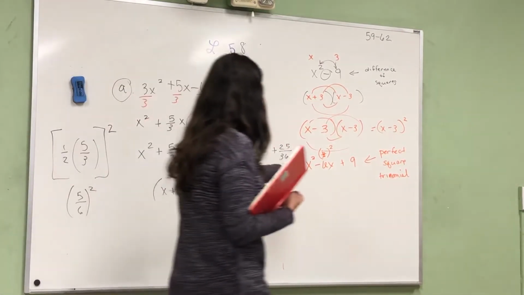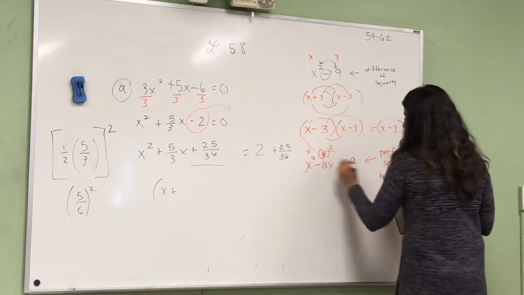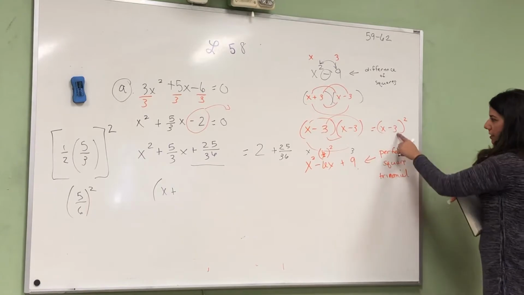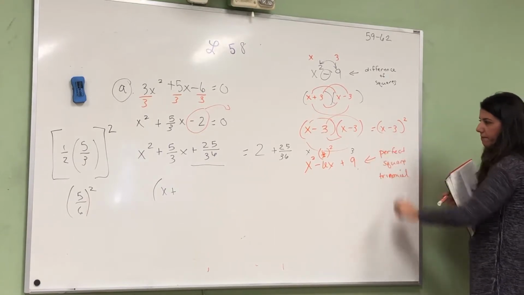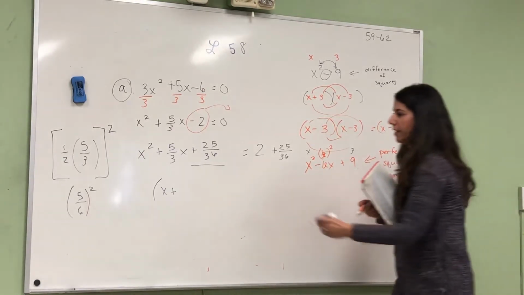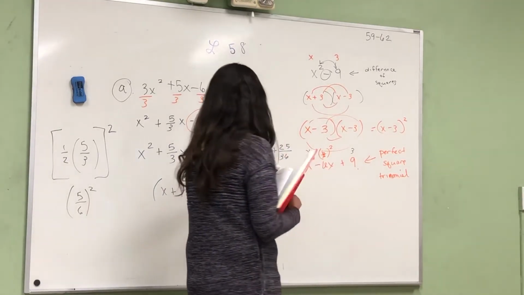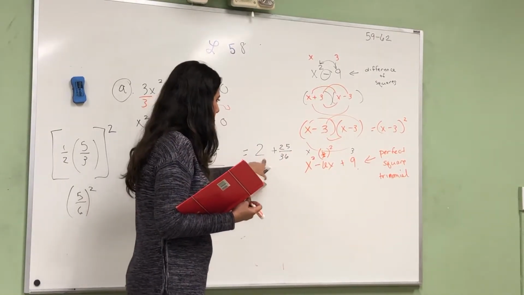Remember, it's the square root of the first term and the third term. It would be 5 over 6. Yes! Equals,